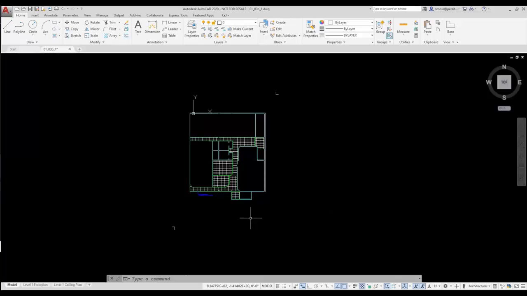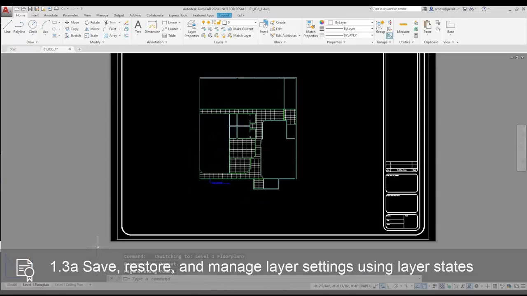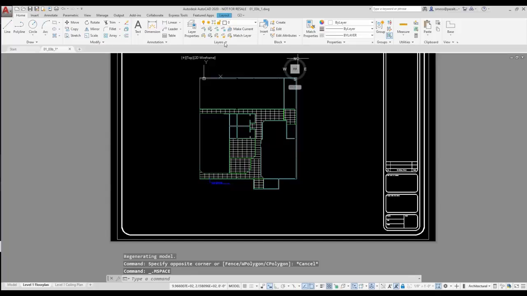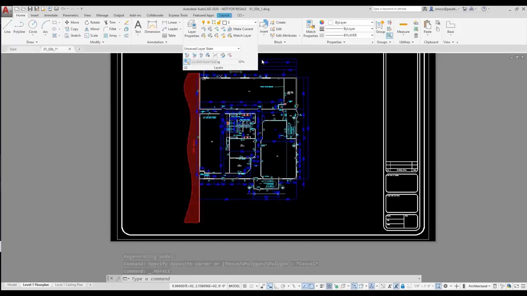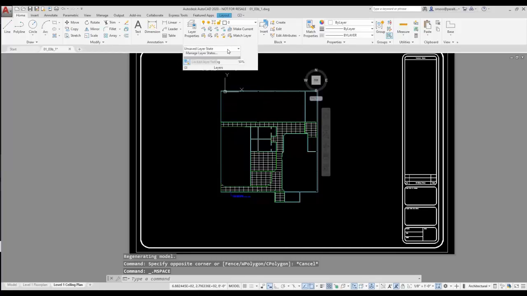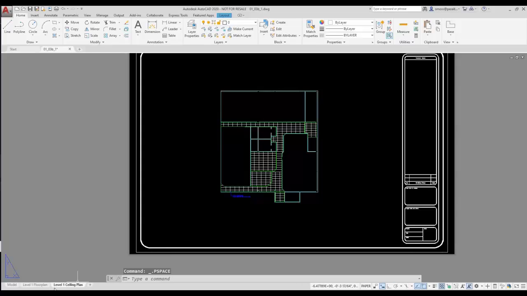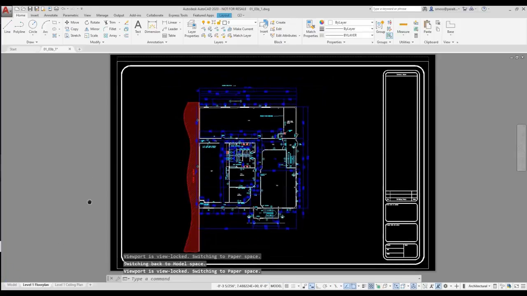I have 2 layouts in my drawing, and I can apply layer states to each layout. I switch to the Level 1 floor plan layout. I make sure that I'm in model space. I apply the Level 1 floor plan layer state to the layout. I switch to the Level 1 ceiling plan layout. I click inside the viewport to activate model space. I apply the Level 1 ceiling plan layer state to the layout. I return to paper space. I can switch between the 2 layouts now, so I can easily see the Level 1 floor plan and the